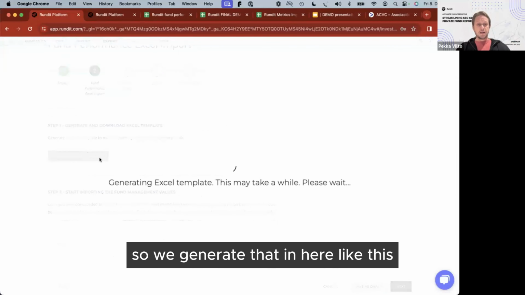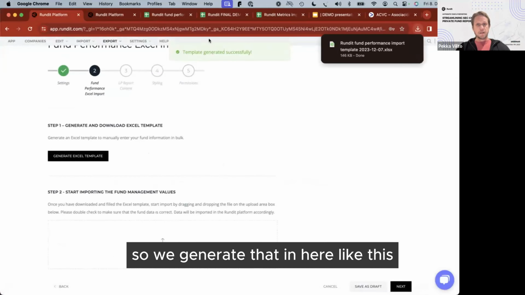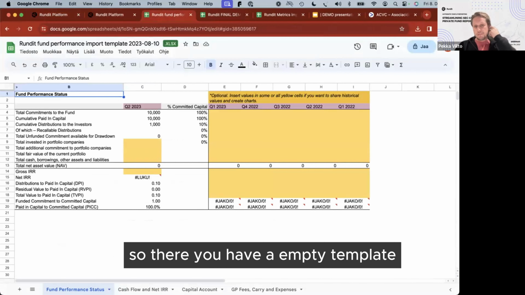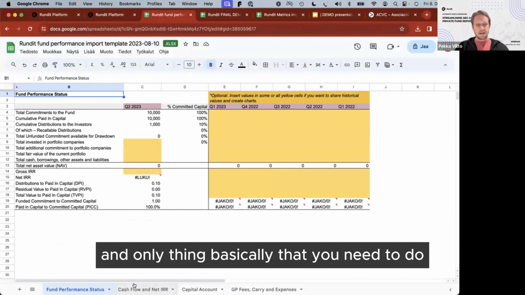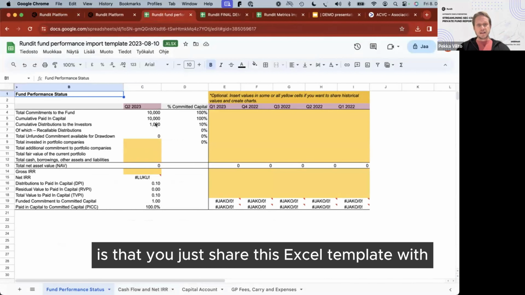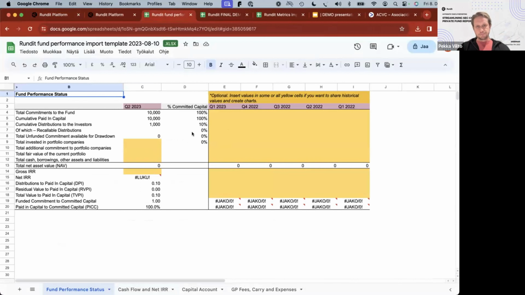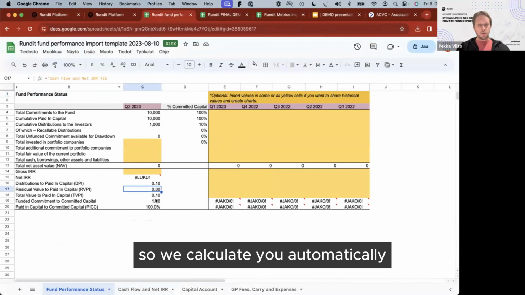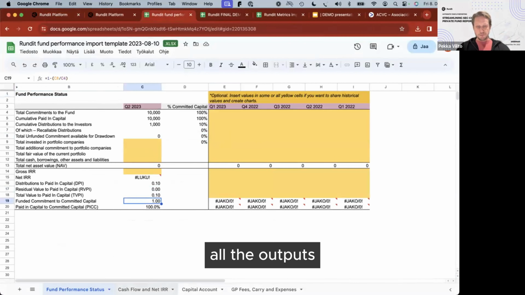We generate it in here, and it looks like this. There you have an empty template, and the only thing you basically need to do is share this Excel template with your fund accountant. All the formulas are built in, so we automatically calculate all the outputs.